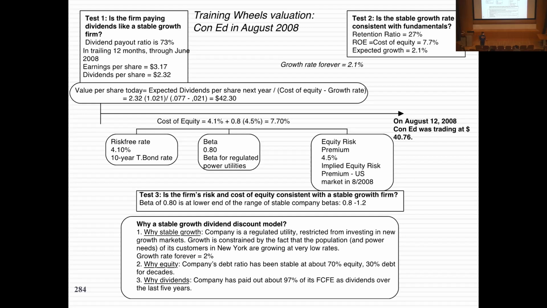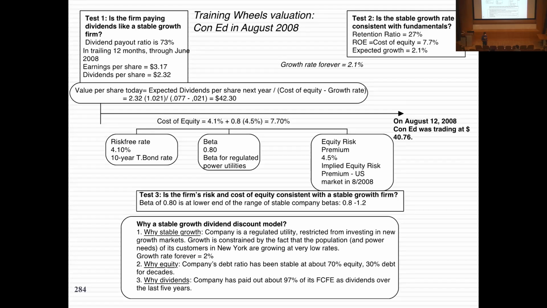You're going to be a mature company if you're a New York-based power utility. Why? Because the population is not growing that much. It might be different if you're in the mountain states, right, where growth is and people are moving. But here, if you're looking at a regulated monopoly, it's going to be a stable growth firm. And this is also one of the few businesses where companies pay out almost everything they can afford to in dividends. In other words, dividends tend to be roughly equal to free cash flow to equity because the kinds of investors who invest in utilities want the dividend.